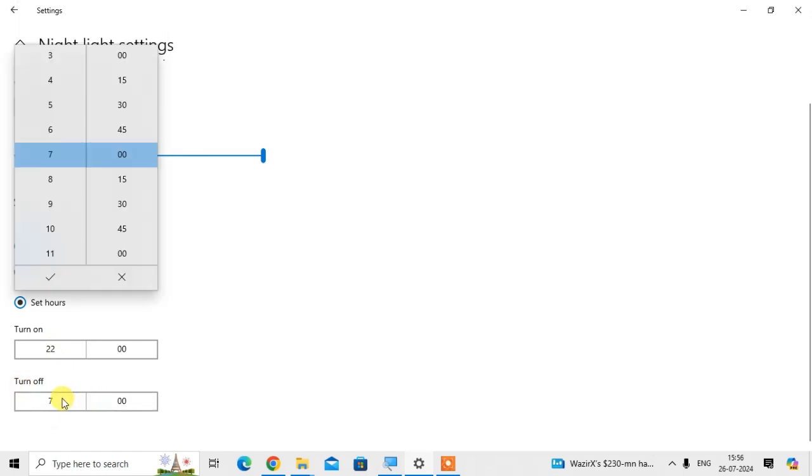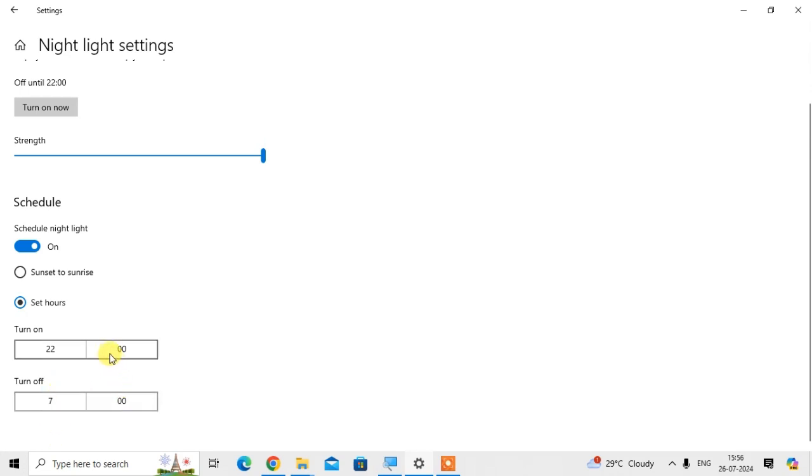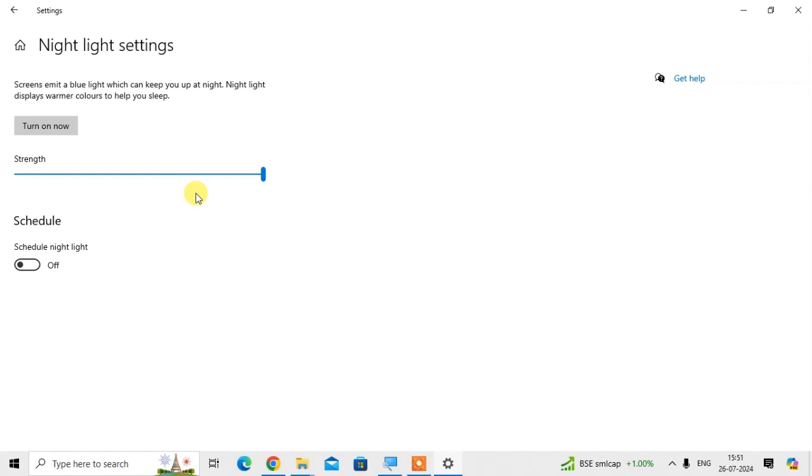For turning off, also set the timing that you want, click here and set the timing. So night light is automatically turned on at that timing and turned off at that timing. That's it. So this is the way you can set your night